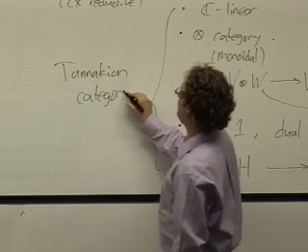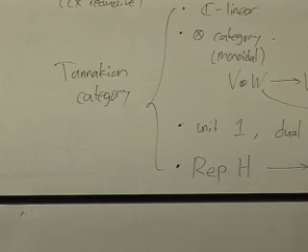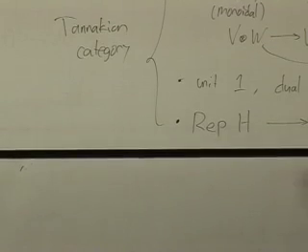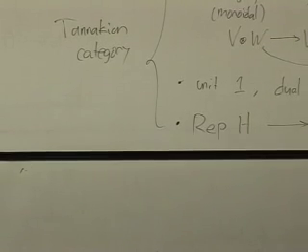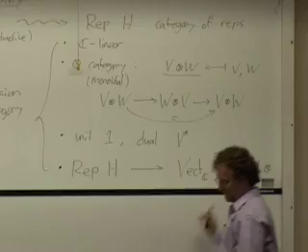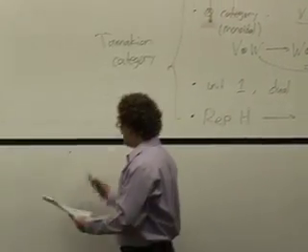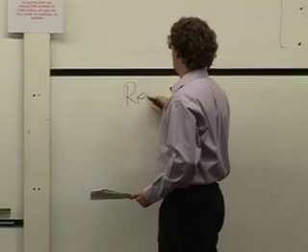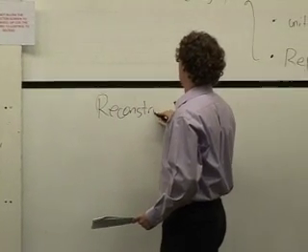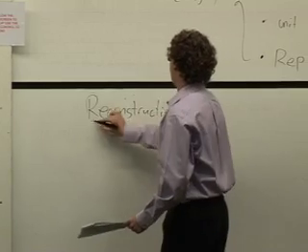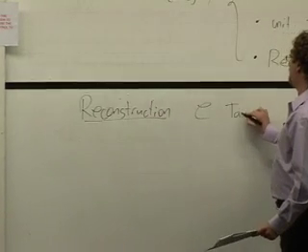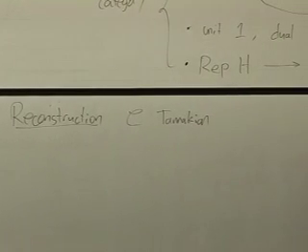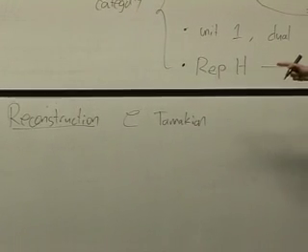So a Tannakian category is something that looks like this. It's a linear category with tensor product, which is symmetric and has a faithful functor to vector spaces. And so the beautiful Tannakian reconstruction theorem says that if I give you C a Tannakian category, so if I give you something that has all of this structure, then I can recover a group from which